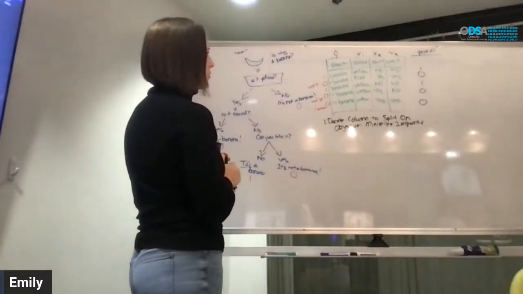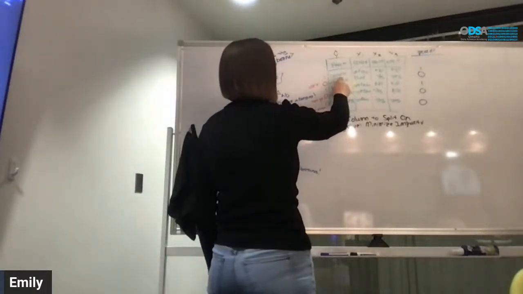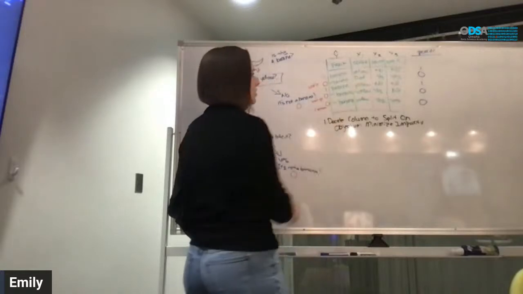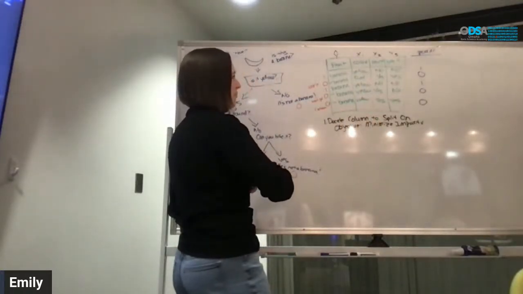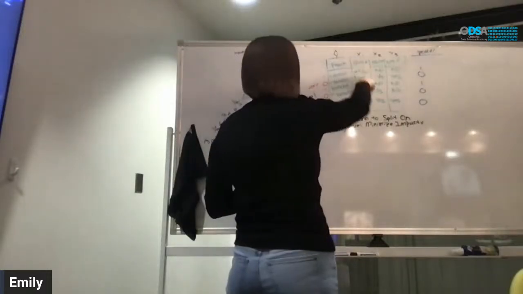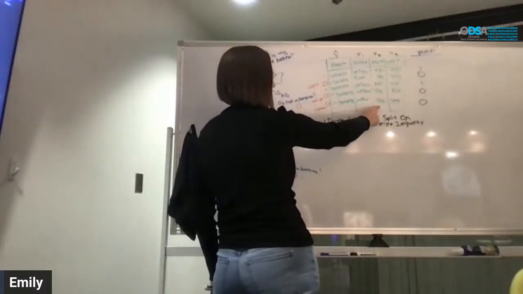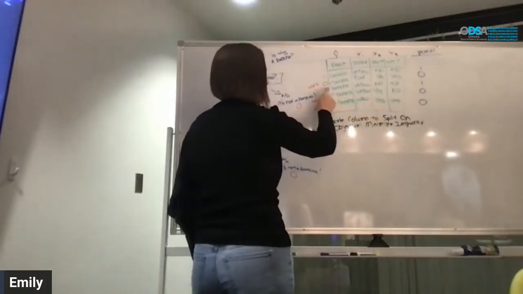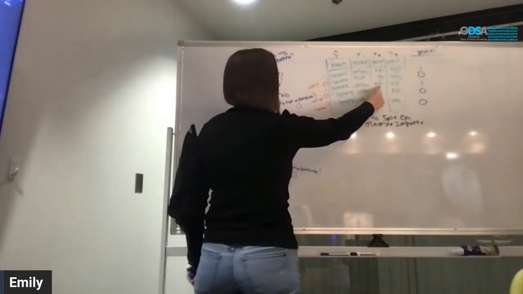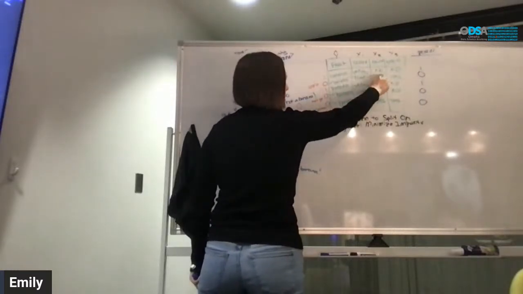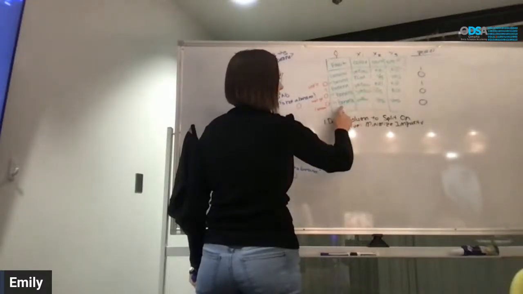And so what we would do is we would take the probability of when we see banana that it's yellow versus the probability of when we see banana that it's not yellow. And maybe I won't write all of that out, but then we would look at round and we'd say, okay, let's see when the banana is round, it's always no for banana. And then for not banana, it's always yes.